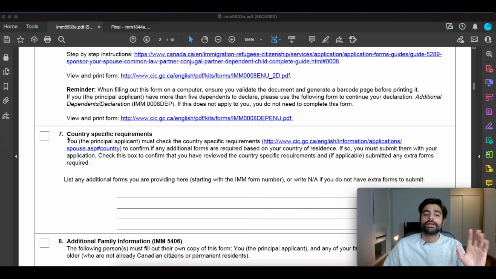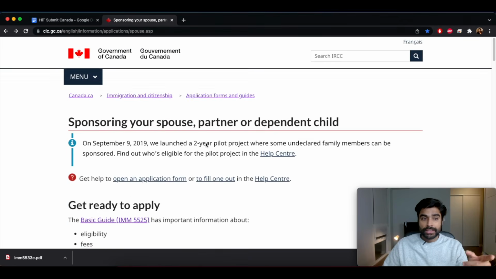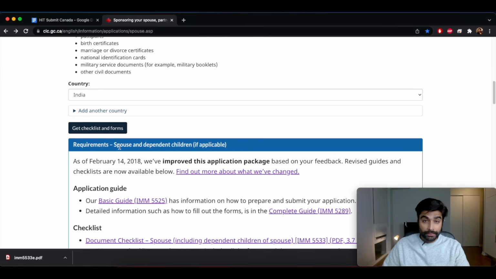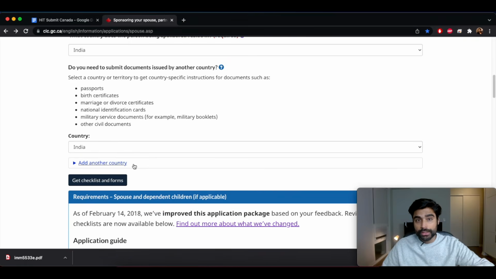Okay. Number 7, country specific requirements. So remember what we talked about earlier, there are some documents and forms which you may have to fill if the principal applicant is from a specific country. So to get this, you'll come back to this page, the application kit that we saw earlier. Select your country. We've already done that for India. So I'm just going to go with the India example in this case, but select your country and then you'll